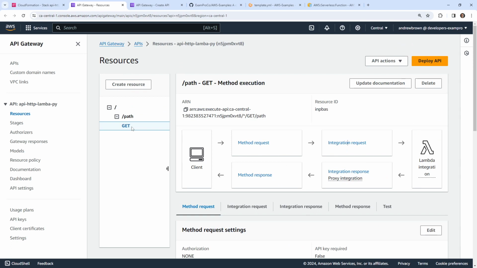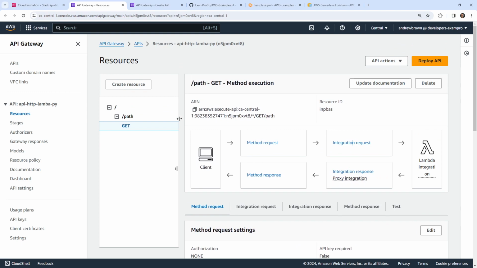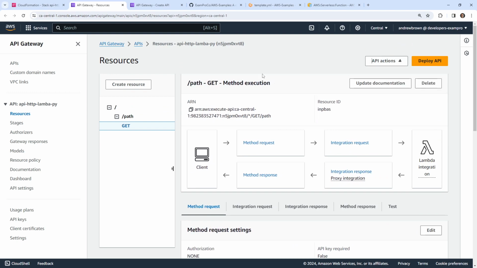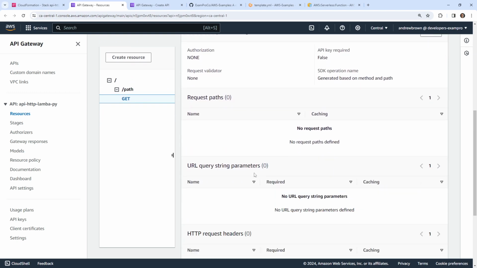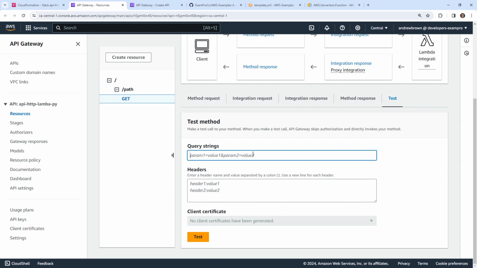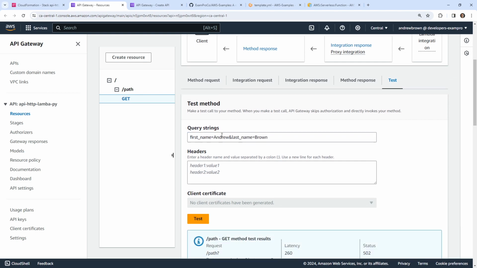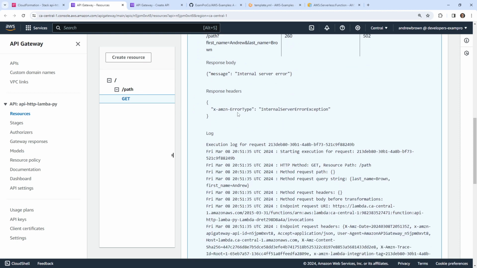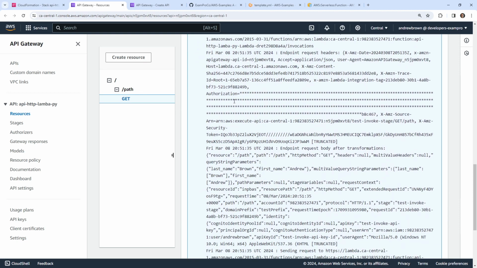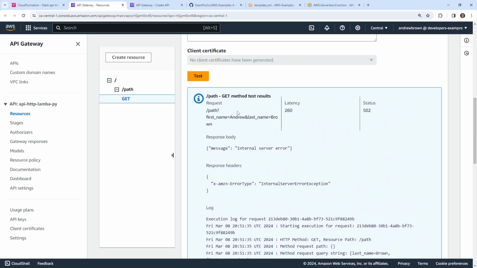So now that we have this set up, let's go ahead and actually test it. So the way it used to work, because they've changed it. Oh, it's over here. We have a test here. And so I'm going to go ahead and say first name. What does it say? Yeah, first name equals Andrew. And last name equals Brown. And let's see if that will work. We'll just test it. And we get internal server error